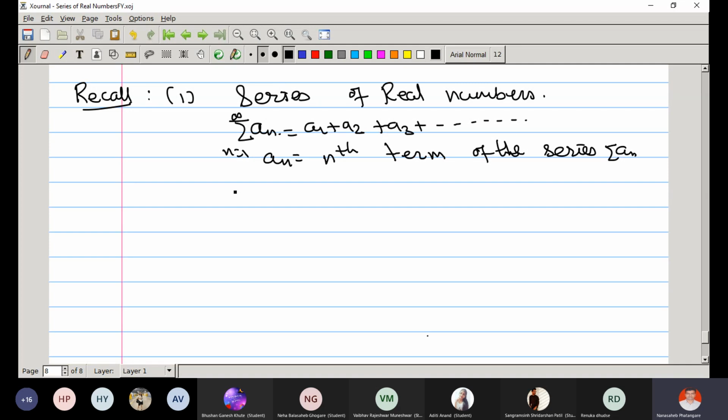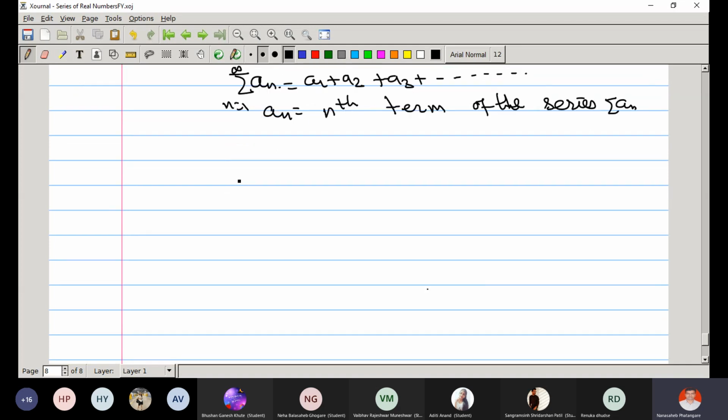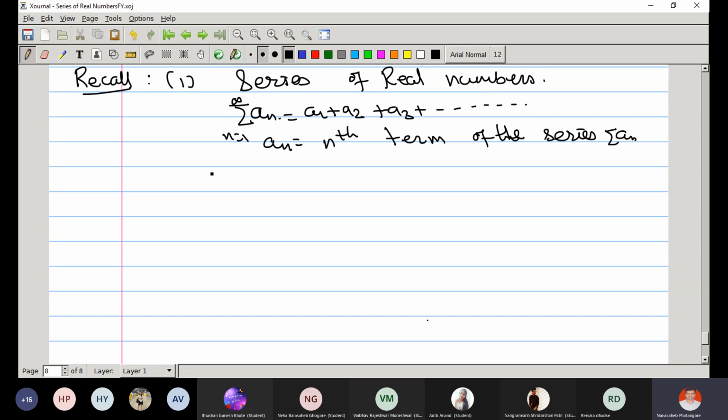You can start n from 0 to infinity depending on your series, right? So if an is a series of real numbers,